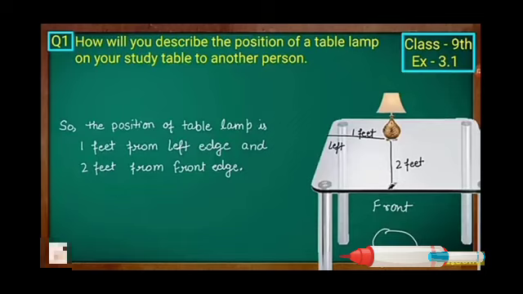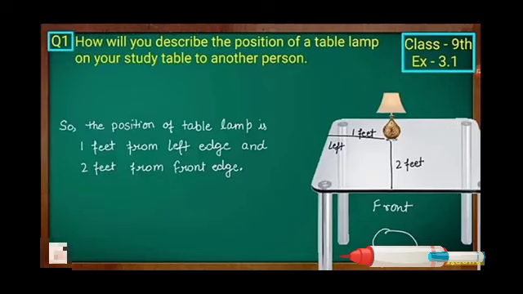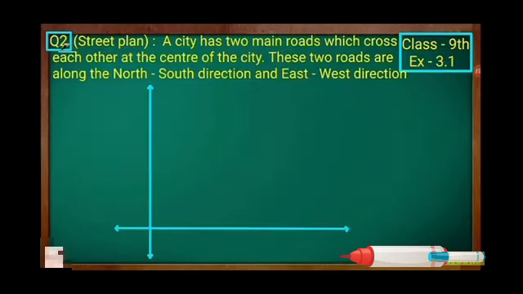So you can imagine here in your mind, this is a Cartesian plane. The left side, that is 1 foot, represents the horizontal line, and the front side represents the vertical line, which is 2 feet. So you can see here. So the coordinate for this position is x is 1, y is 2. So the coordinate for this situation is 1 and 2.